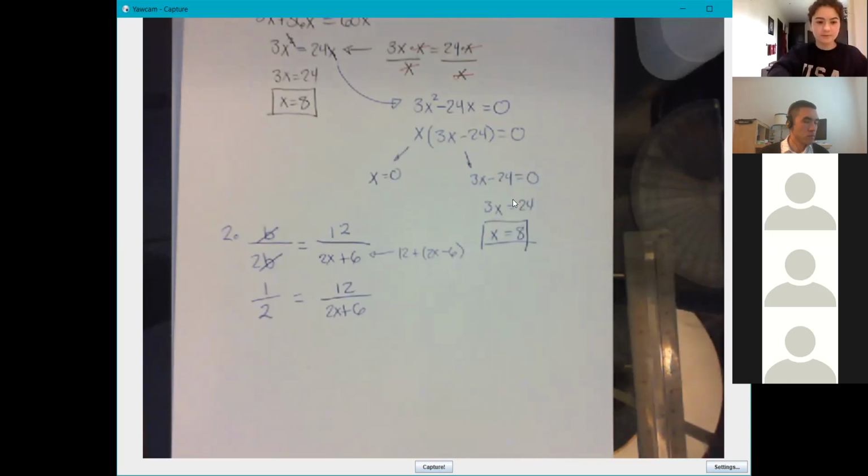Mr. Robinson, I have a question for number 6 on page 26. Yes. How would you do it? How would you have to set up a proportion, or like what would you have to do? Oh, right. These are good questions, and I think it's only hard because you are missing the instruction given at